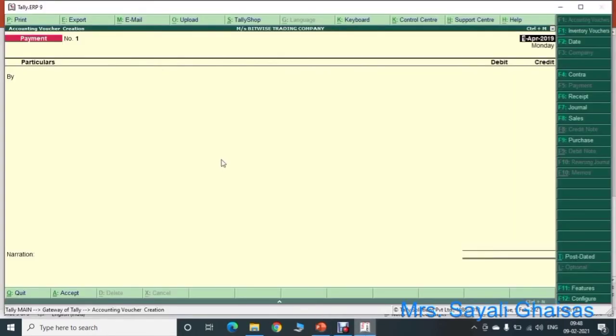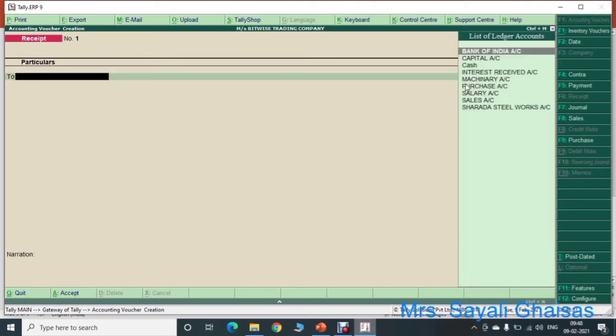This entry is of voucher type receipt. So select from here receipt, or you can press F6 key. This is a receipt type of voucher. Then check the date here, 1 April 2019. After that, press enter key.